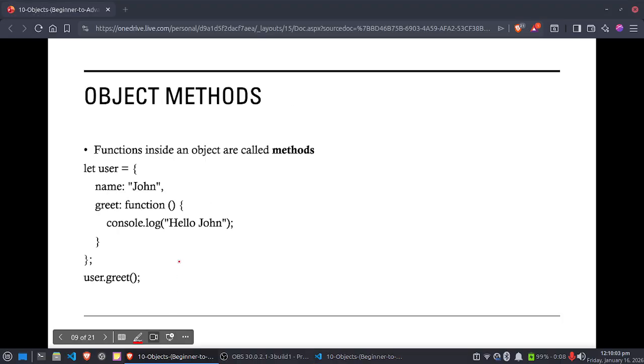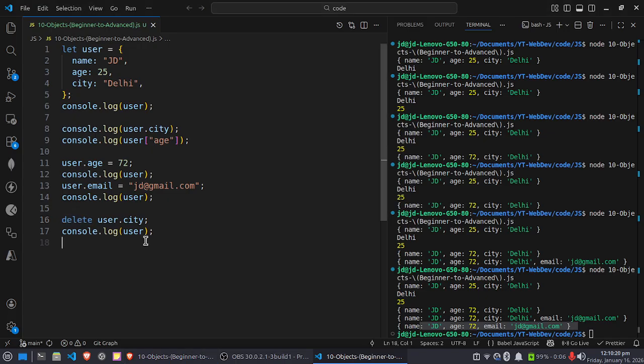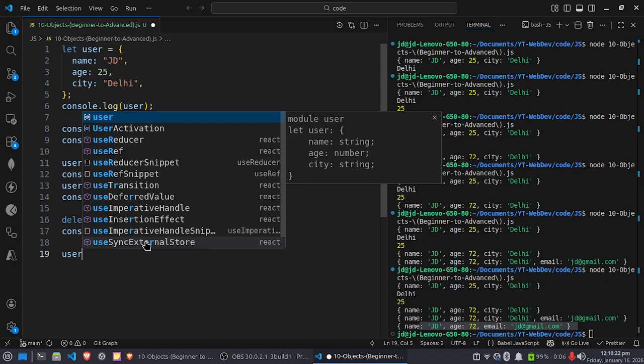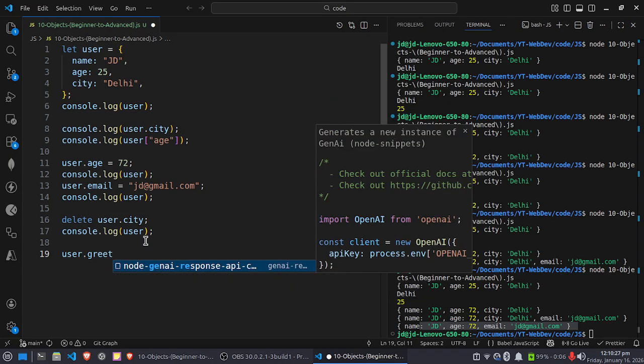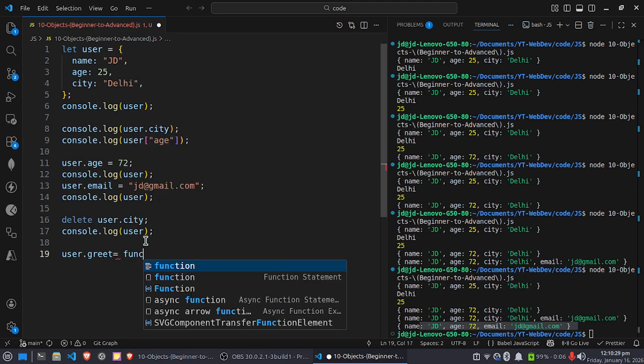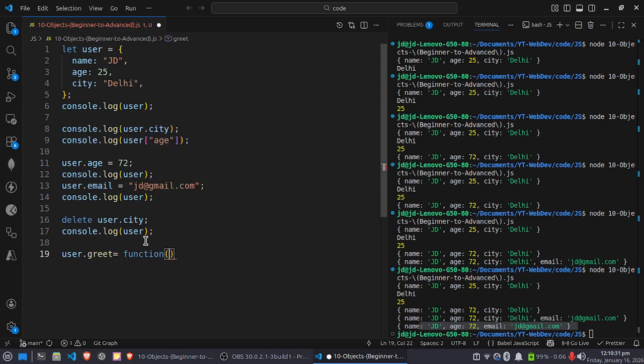Next is the object method. When a function is inside an object, we call it a method. Basically it's a function, but if it lives in an object, then it becomes a method. So like here, let's say user.greet is equal to a function, and call this function console.log